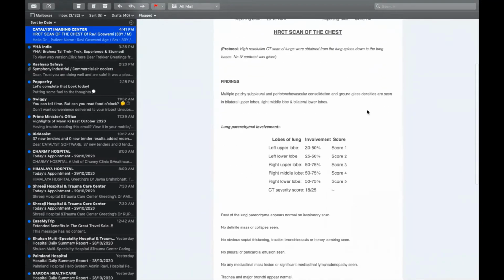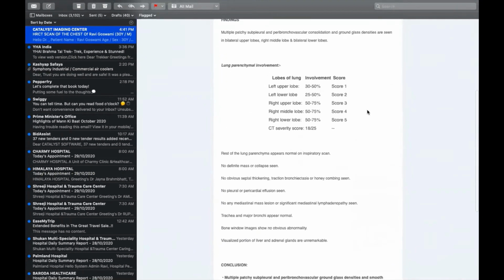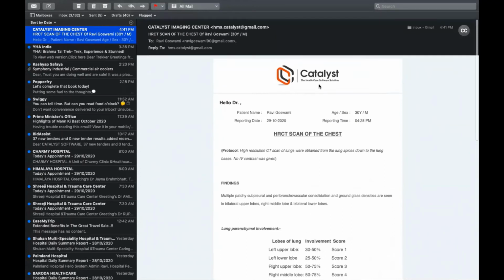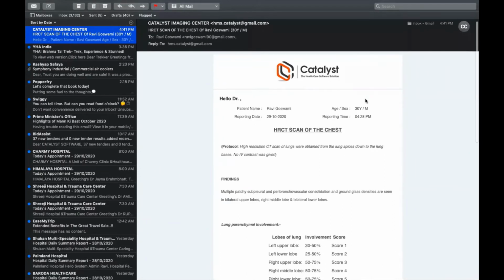You can change the format also according to your requirements. So that's not a problem. The letterhead can be changed here. Here you can write your company's name and logo, everything, whichever details you want. You can just give it to us, and we will customize it as per your requirement. Your diagnostic center logo and brand name will come here.